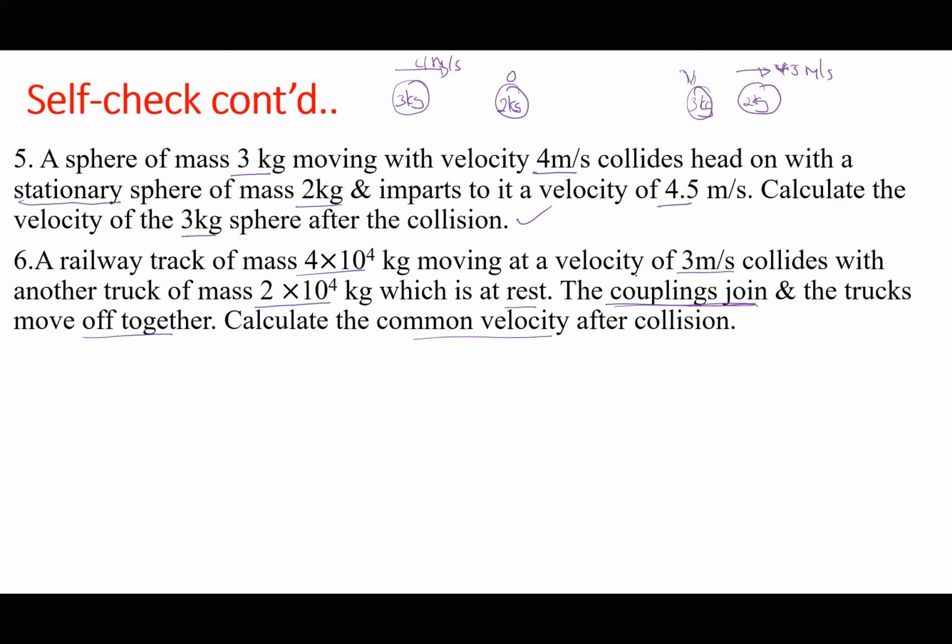Initially one was moving, so the total momentum before is 4 times 10 to the power of 4 times 3 plus 0. Then after it becomes one mass, so it is 4 times 10 to the power of 4 plus 2 times 10 to the power of 4, then times the common velocity v. You should be able to find v. And finally,